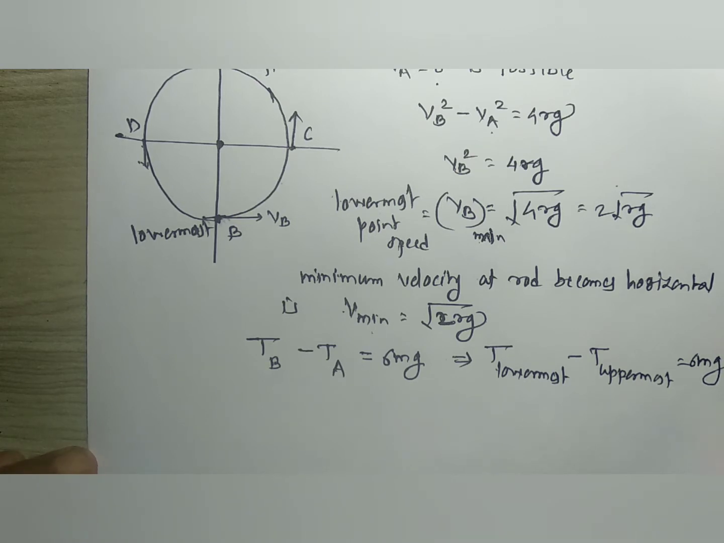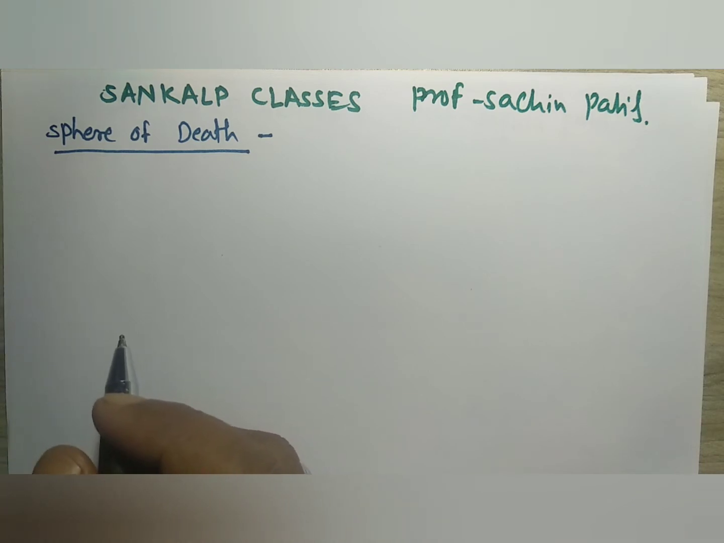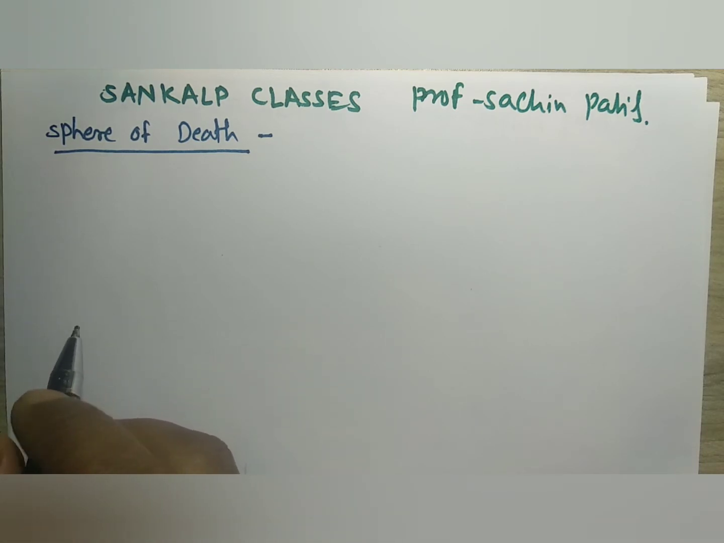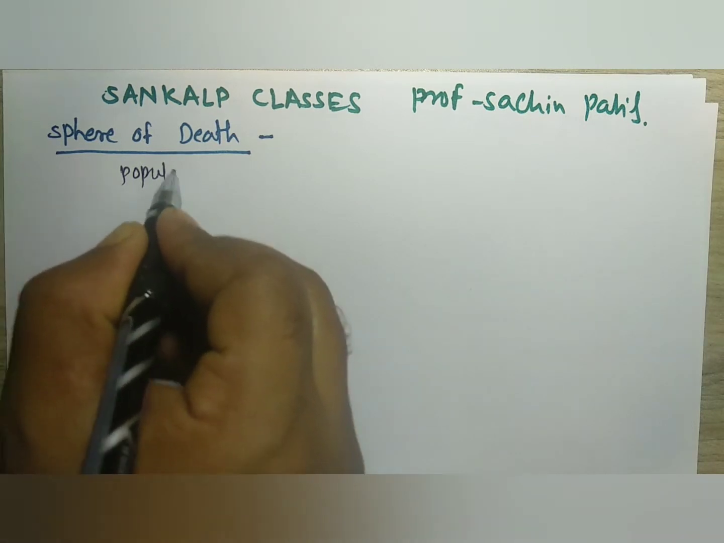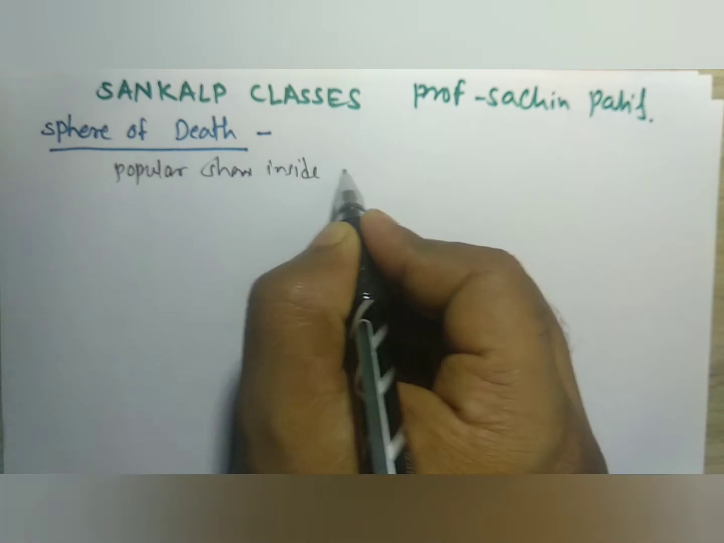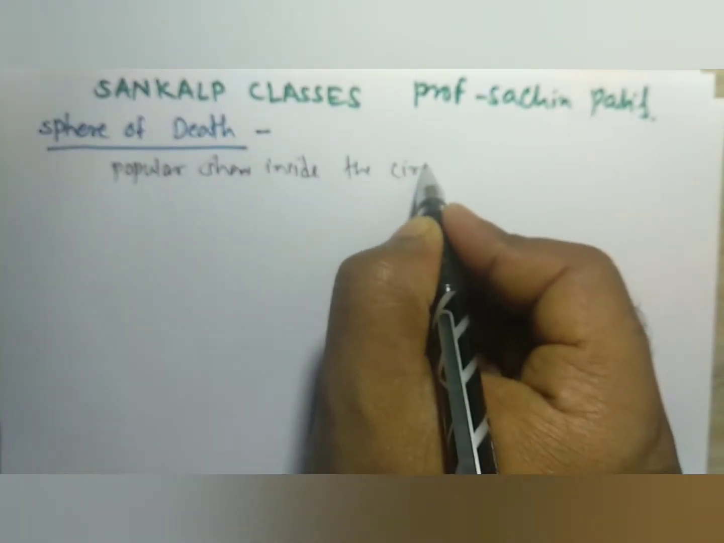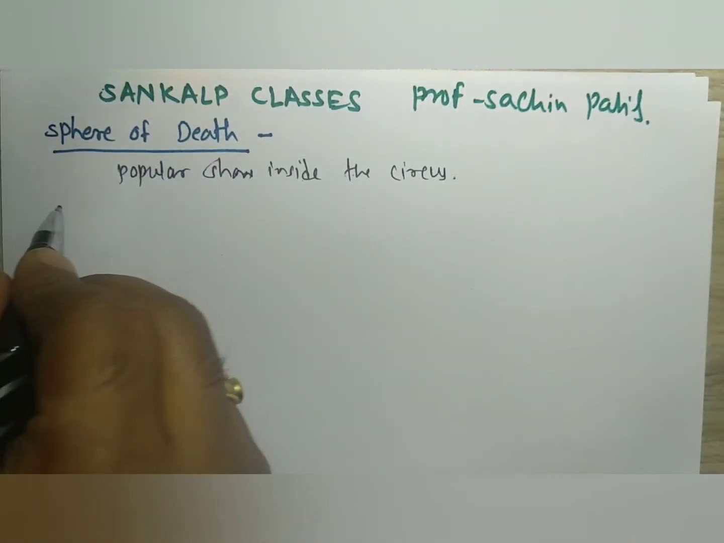Right now we are going with the next point related to our vertical circular motion, as follows. It is a sphere of death. Sphere of death means mrityu hole. Inside this we have to consider the two-wheeler. It is a famous or popular show inside the circus. We have to visualize this circus inside which a two-wheeler rider